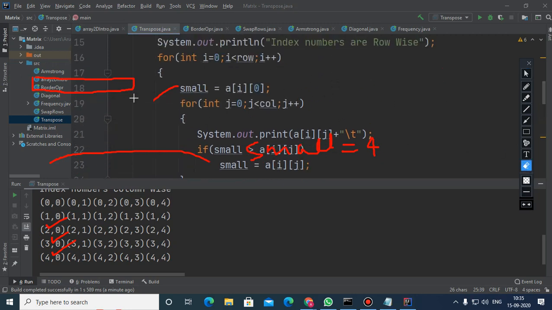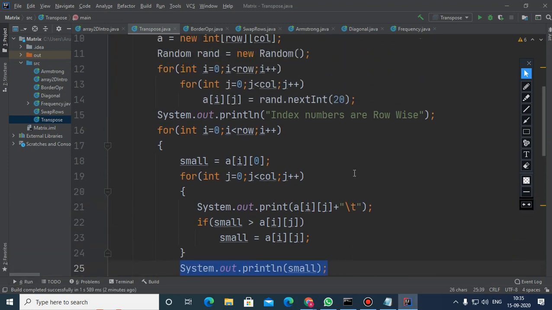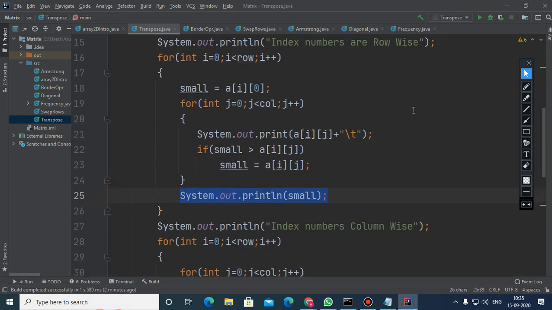I have picked the second row and will start doing the same operation. If any confusion, then please tell. This is how I have printed the whole matrix along with the smallest element in each and every row.